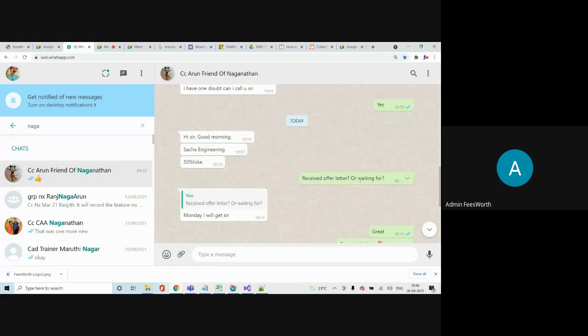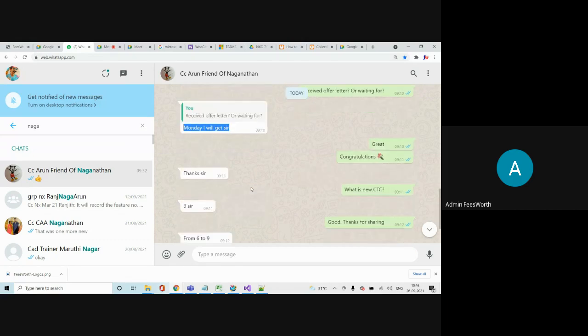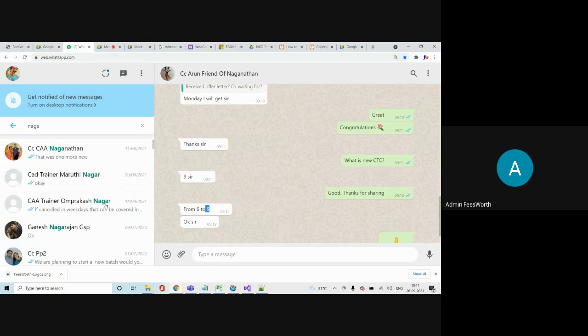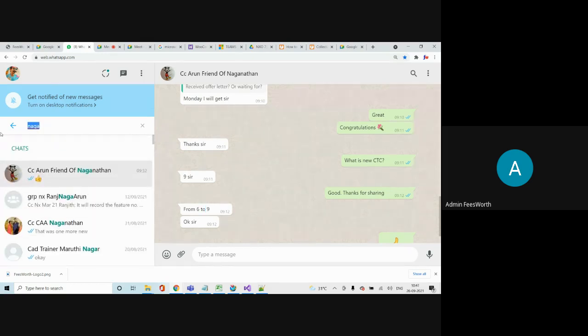He has received the offer letter or is waiting for it; he told me he will get it Monday, means tomorrow. And that's all. He was getting 6 lakhs before in design. Now he got 9. So both guys got it now. This is all real story of what happened in the last 10 days and today. And if you see another guy, Arshad,